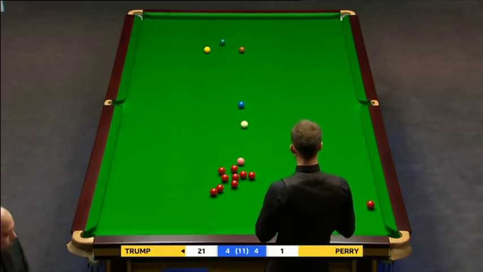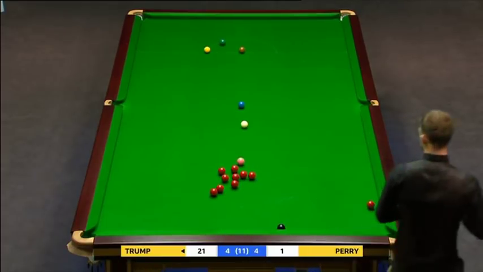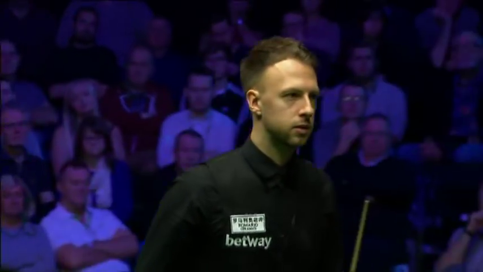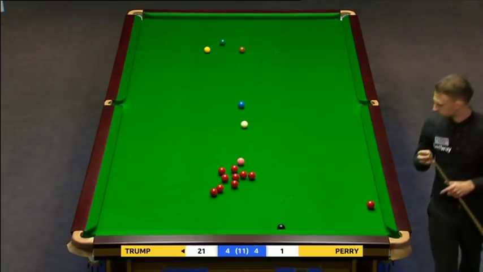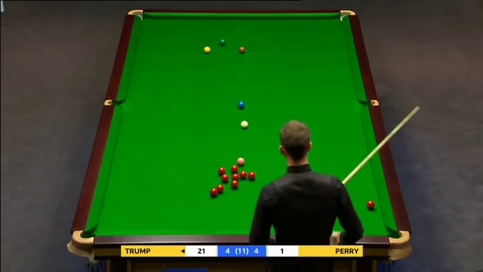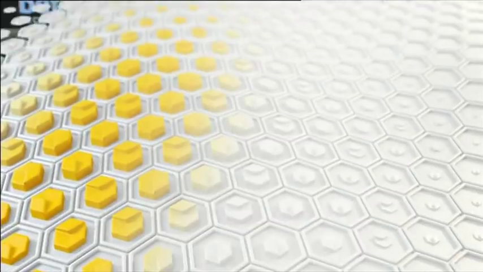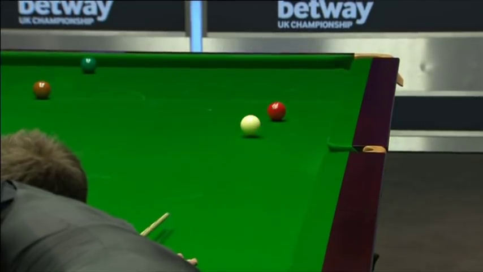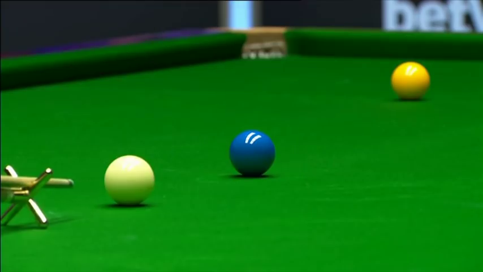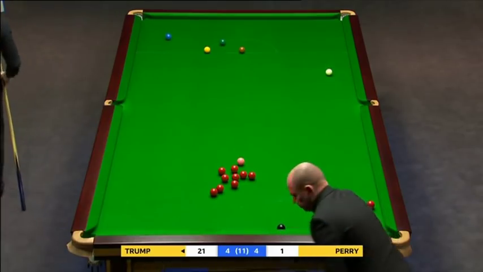Not good to leave the white there. He's gone too hard for the pink and not hard enough for the blue. I think what happened in the previous frame, some of the balls that Joe knocked in at the end unsettled Judd a little bit, because his first shot in this frame, it was the first one where he really tried to hammer it. This one here. Blue ball. No, I think he's just a little bit unsettled at the moment, but